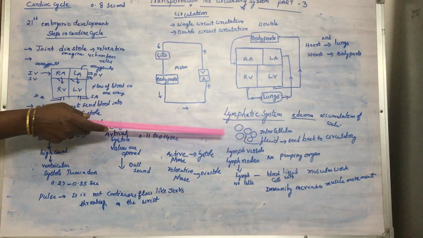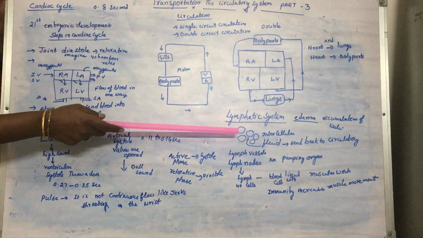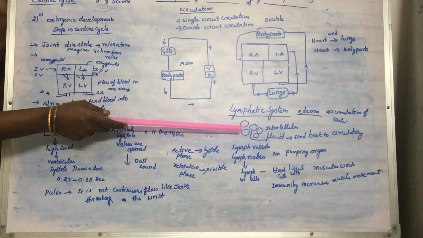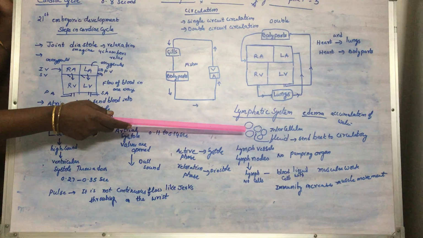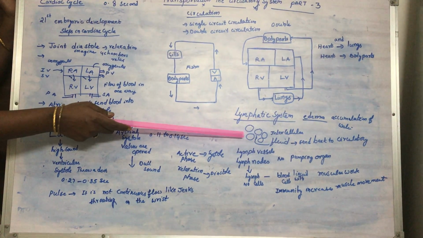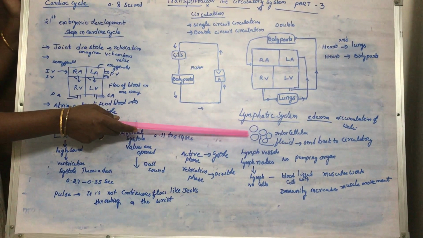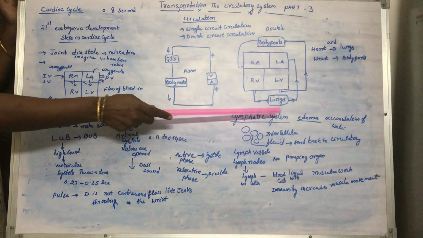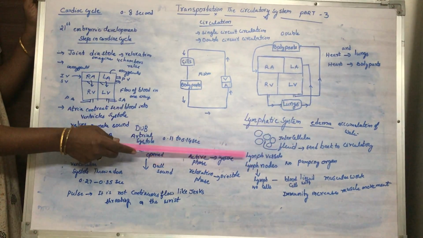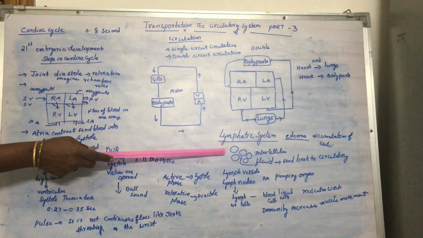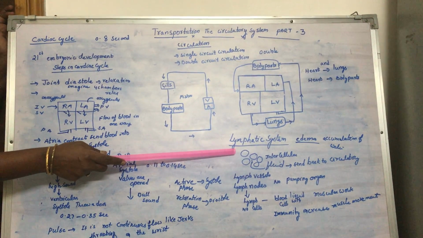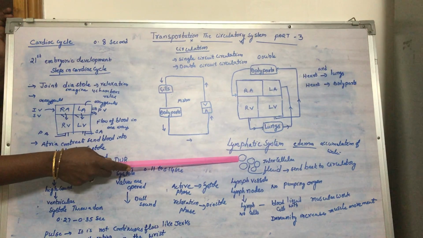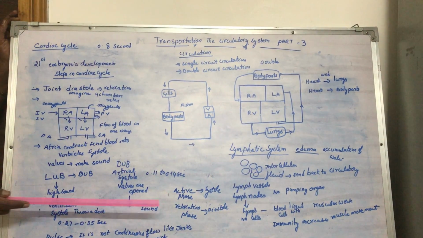See, with this lymphatic system, you have seen in elderly people that their legs and hands are swollen when they travel for a long duration. It is because of accumulation of extracellular fluid called lymph, and that condition is called edema. See, when you travel in the bus, the elderly people's legs will be swollen. Why are they swollen? Because of this extracellular fluid, and the condition is called edema.